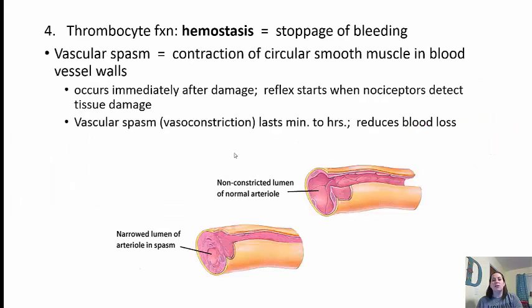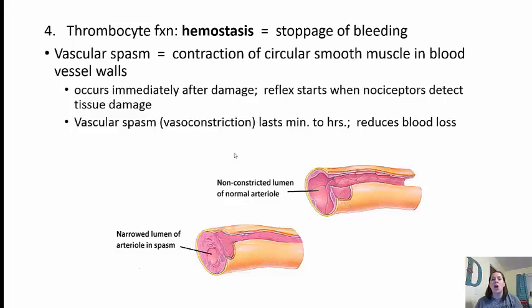Now, let's talk a little bit about how thrombocytes function. How do they do their job of stopping bleeding? When we talk about the stoppage of bleeding, this is called hemostasis. Now, don't get this confused with homeostasis. Homeostasis means that we're looking at the same status of something like temperature, pH, things like that. Anytime you see hemo, we're going to be talking about blood. So hemostasis is where we're stopping bleeding. There's a couple of steps that have to happen in order to stop the bleeding out of a blood vessel once it's been damaged. The first step is called